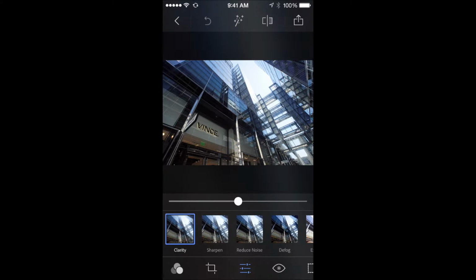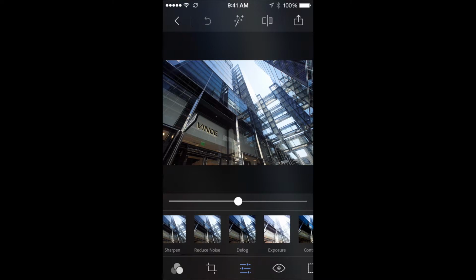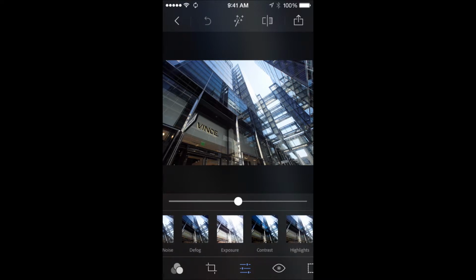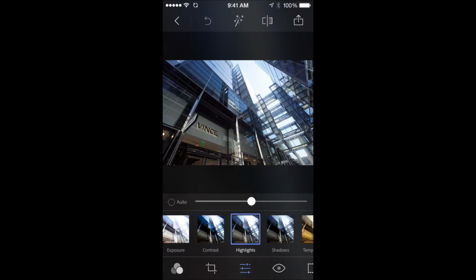So for me, just quickly, I want to adjust some of the highlights. So I'm going to pull some of the highlights back in just so I can see a little bit of that blue sky. Now it's not the RAW, so obviously it's not going to pull in that much detail, but for all intents and purposes, this is going to get me what I want. I think I want to bump up the shadows just a tad,